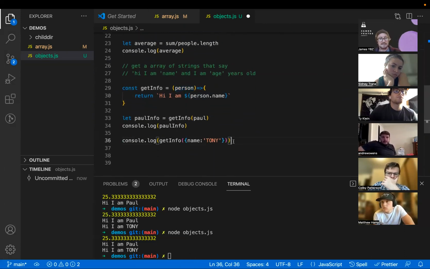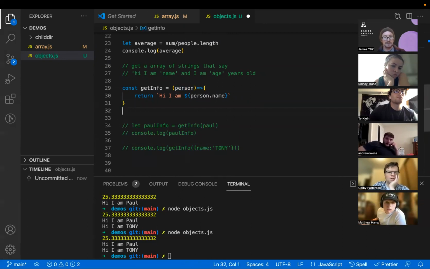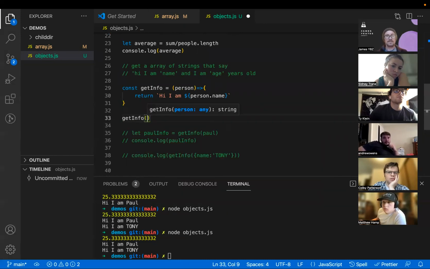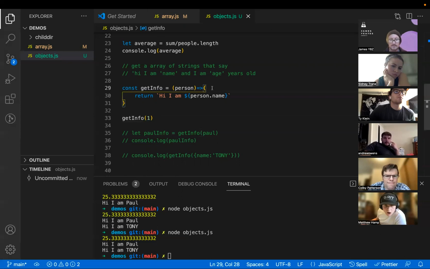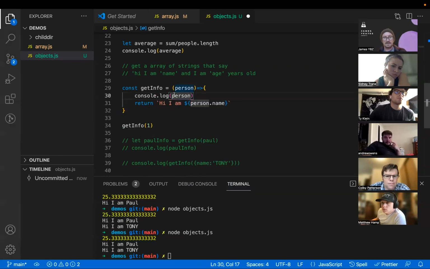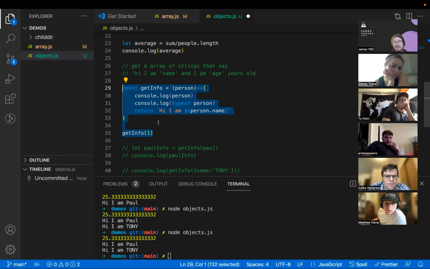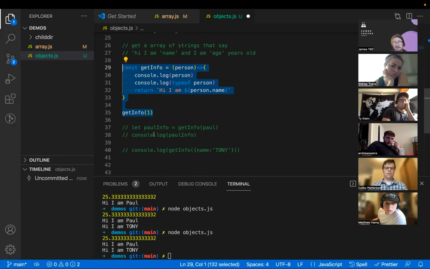What if someone passes me, or what if I try doing this? I'm just going to comment these out really quickly. And you can just watch this. You don't have to code this. What's going to happen if I say get info and I pass it 1? If I were to do a console.log right here of person and a console.log typeof person, with how this code is right now, if I just ran these 5 lines of code,